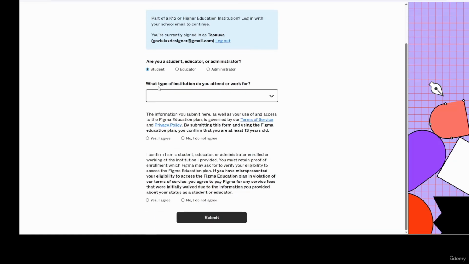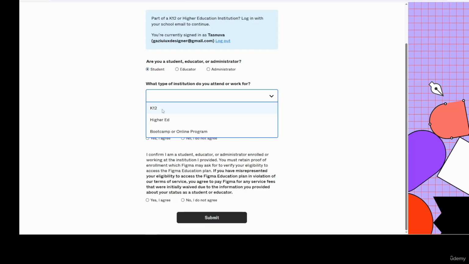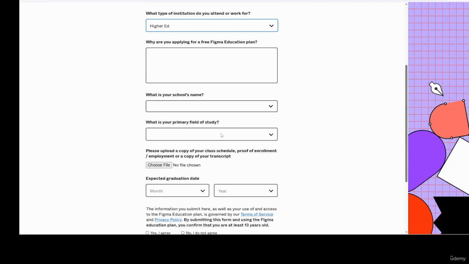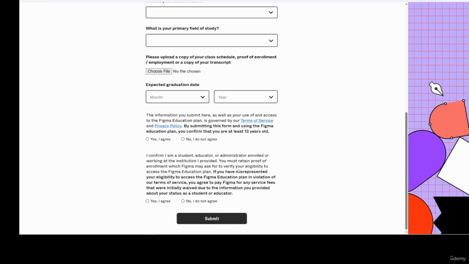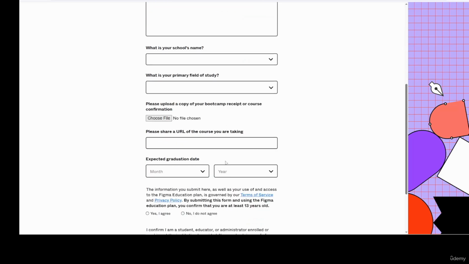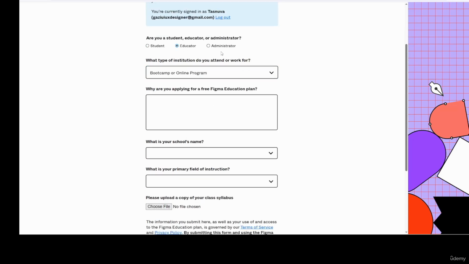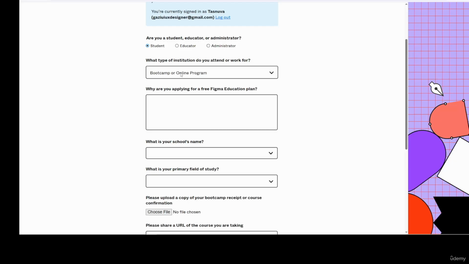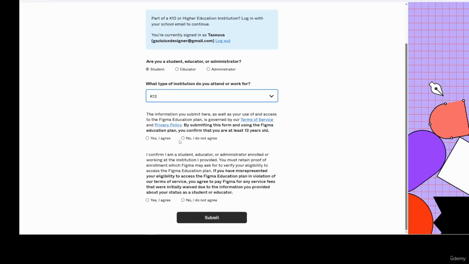After you select the student, basically you have to now select what type of institution you attend or work for. So here are the options: K-12, higher education, bootcamp, or organizations. If you select higher education, basically you have to fill out several pieces of information, provide some documents and other things, and then you can submit. If you are selecting the bootcamp, the same goes for the bootcamp as well, and for the educators, and also there are other options. But if you select the K-12, they only ask you two things. If you say yes I agree, yes I agree, and then submit,